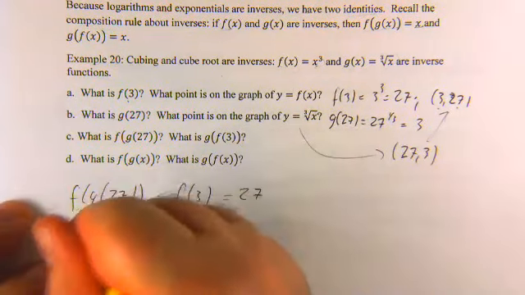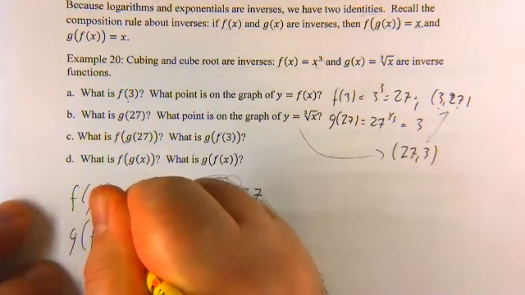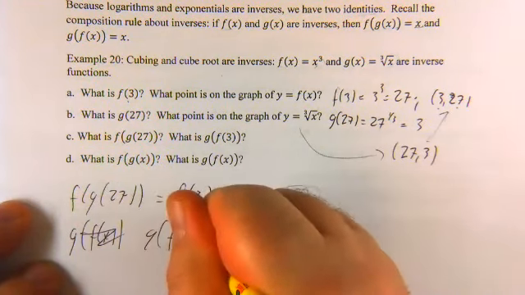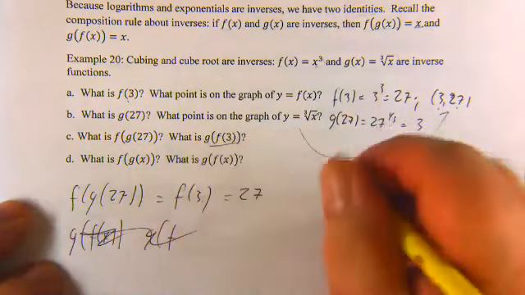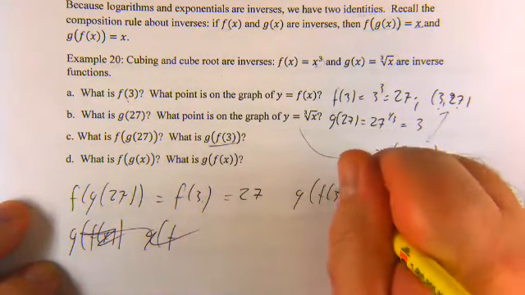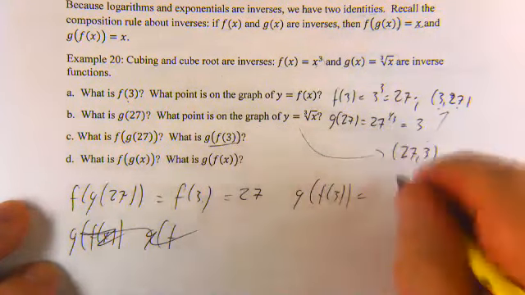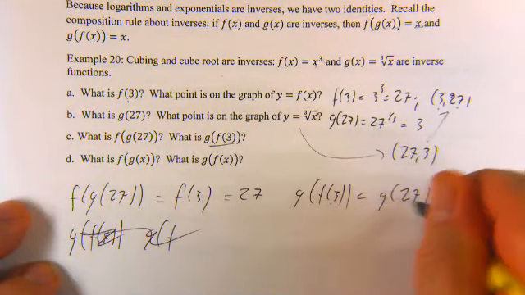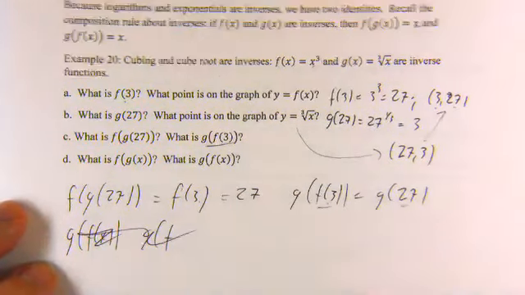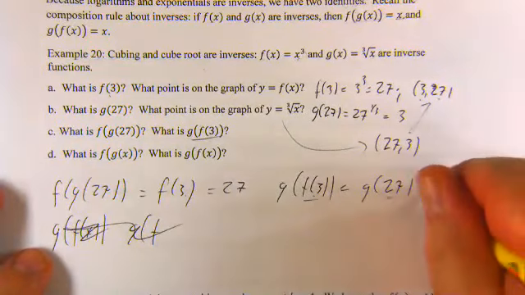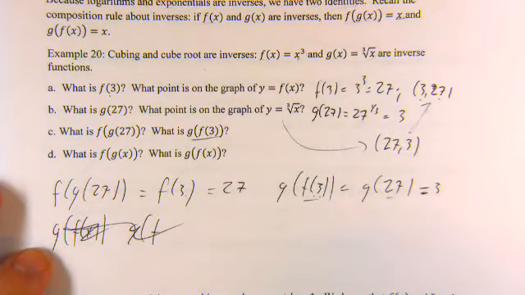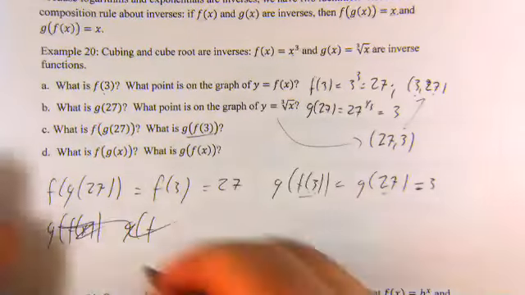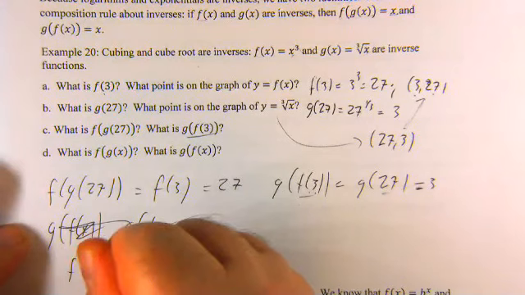Same thing with g of f of 3, right? F of 3 is 27. So you calculate that first and you plug it into g. G of 27 is 3. So if we take 3 and cube it and then take the cube root of the result, you just come back to 3. So in general,